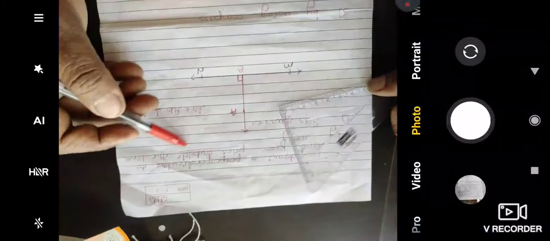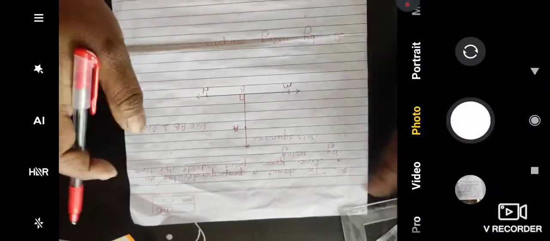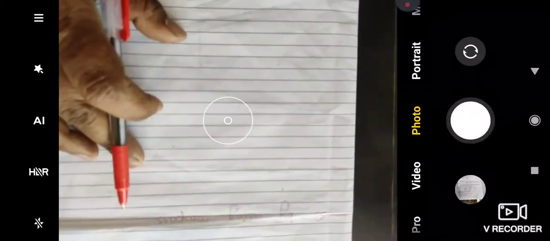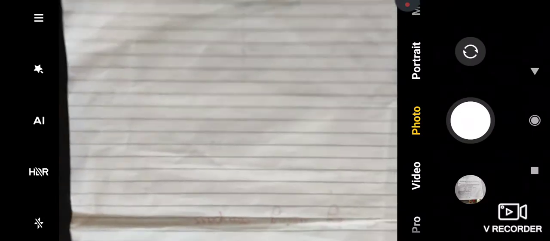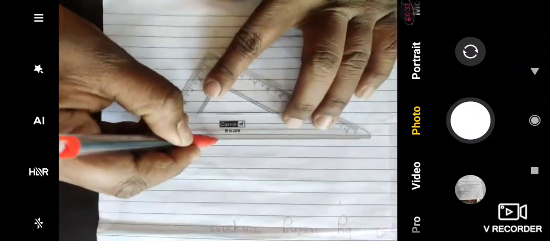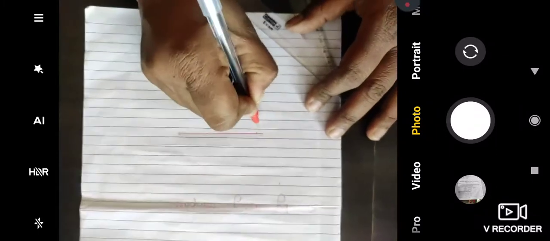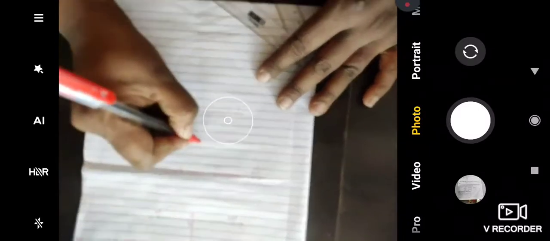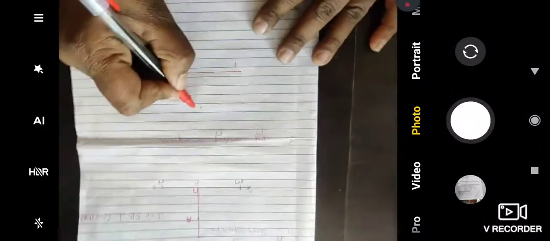Okay, so by using set square, how to do, we understand. And now the last method, that is the third method of it, is by using a compass. For that also, what we will do, we will draw the line segment at first. So here it is the line, this is line PQ. Okay, so this is line PQ, and we have to draw the line perpendicular to this line from the point